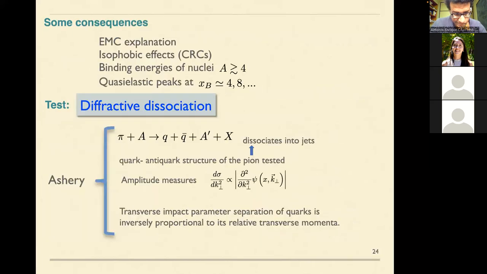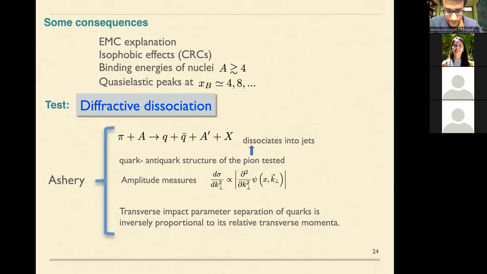Now, it has many consequences. We haven't really gone into the details of this, the phenomenological consequences. Many other things can happen. For example, they are going to be important for nuclei greater than 4, and so on. But we have to work out the dynamics a little more. Obviously it requires a model and all that, but it could be important in general in nuclear physics.